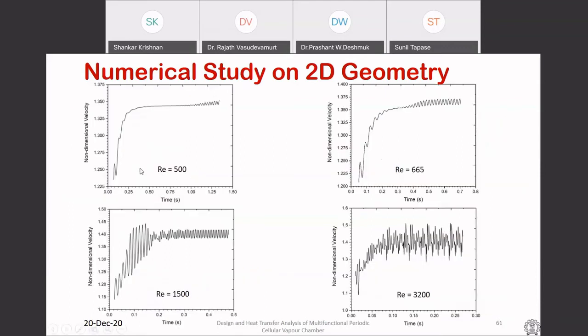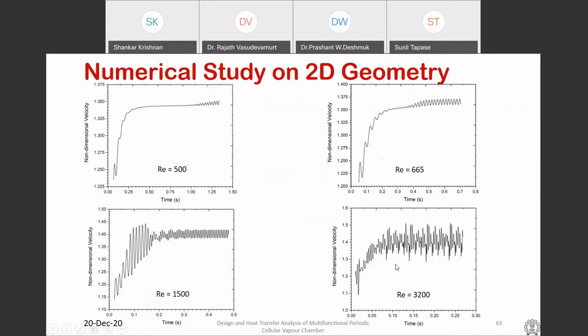So you can see here, this is a non-dimensional velocity as a function of time. You start to see that around a Reynolds number of 500, the flow starts to show some sort of fluctuation. Once we go to a slightly higher Reynolds number, 665, the fluctuation starts to increase in magnitude. At around 1500, you start to see a very steady, unsteady flow